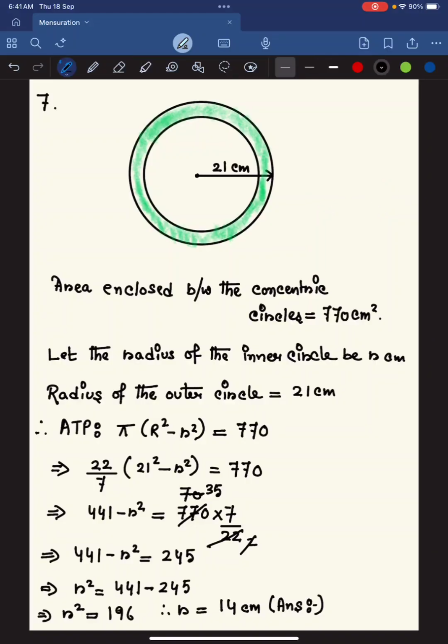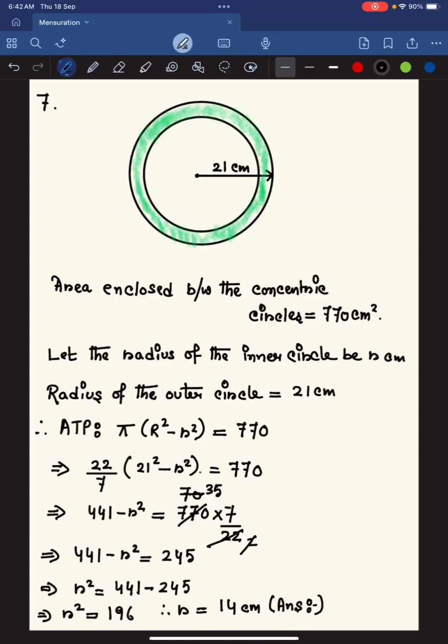So the radius of the bigger outer circle is given as 21 centimeter, but we don't know the radius of the inner circle or the smaller circle, right? So let the radius of the inner circle be r centimeter, and the radius of the outer circle equals 21 centimeter. Therefore, the area enclosed between the concentric circles is equal to 770, which equals pi into capital R square minus small r square, which implies 22 by 7 into 21 square minus small r square,